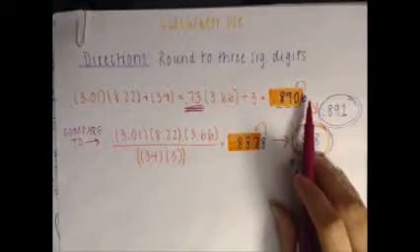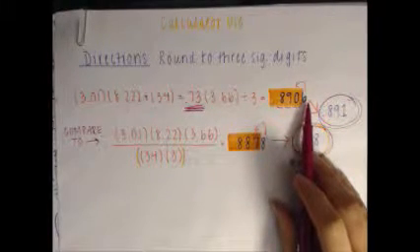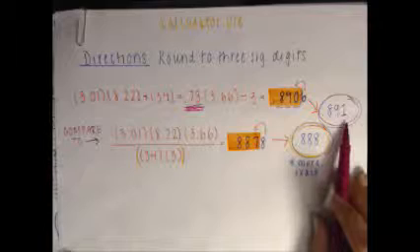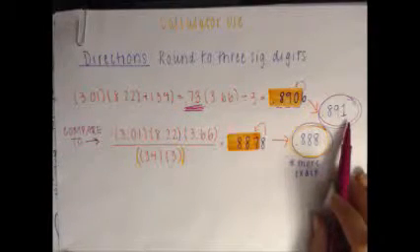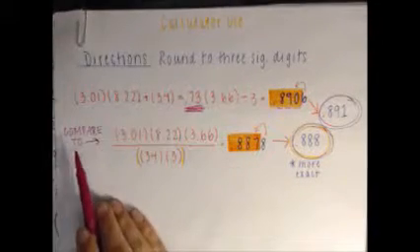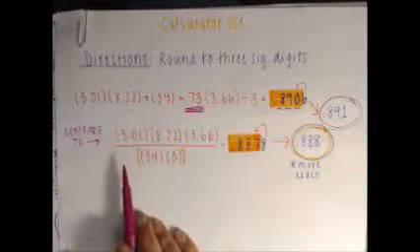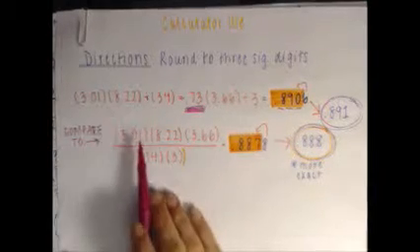The number to the right of the final significant digit is greater than 5, therefore we will round up, giving us the final answer of 0.891. We are going to compare that answer to this one, completing it in a sequence rather than breaking it into parts. We're going to take the number